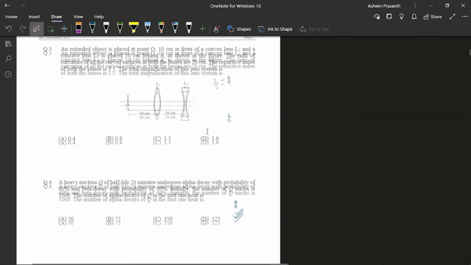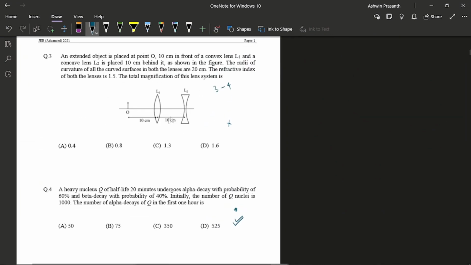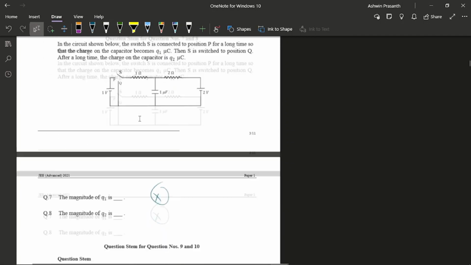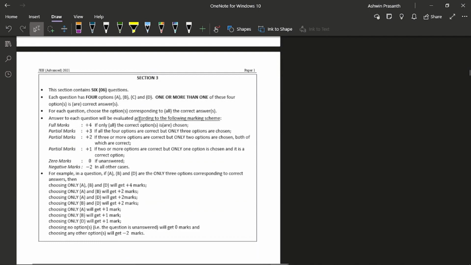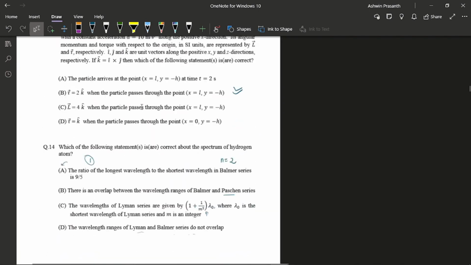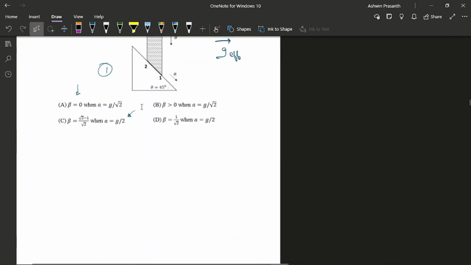Section 1, like I said, this question I had left because the answer wasn't matching. But then the second time when I did it, it matched, and I think the answer was this one. I got it right. And in section 2, I didn't have anything to check, but still I got it wrong. Even here, I didn't have anything to check.